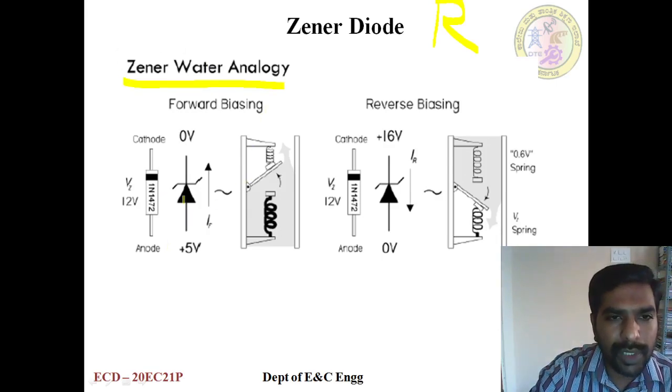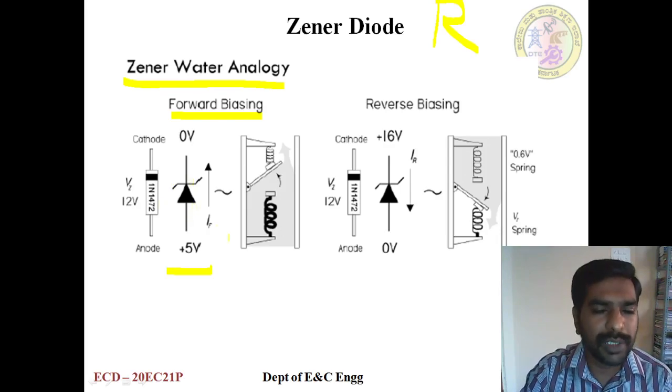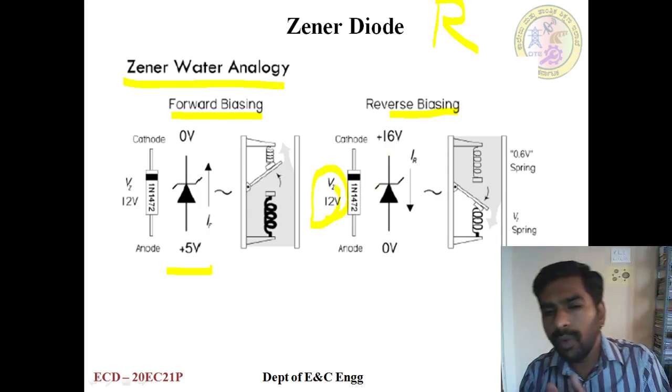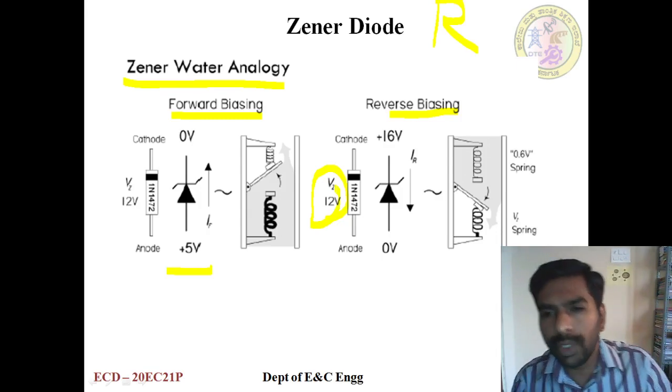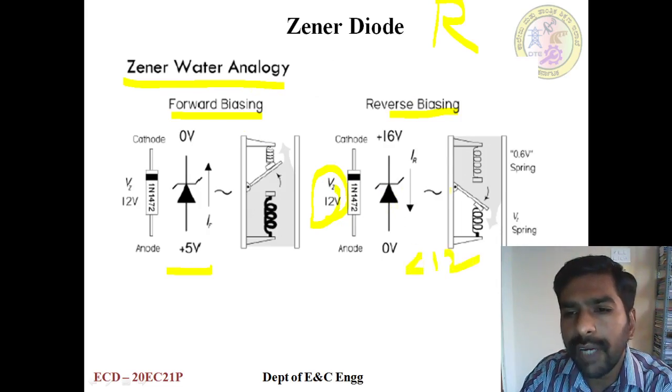If you apply a positive voltage, that is forward bias, positive voltage across the anode and negative voltage across the cathode, the gate will open and current will flow with a small voltage. At 0.7 volt, the gate will be open. If it is a reverse bias voltage, the specification says the diode has a 12 volt cut-in voltage. 12 volt cut-in voltage means the gate will open only when you apply more than 12 volts. If the reverse voltage is less than 12 volts, the gate will be closed. Whenever you apply reverse voltage equal to or greater than 12 volts, the gate will open and water will